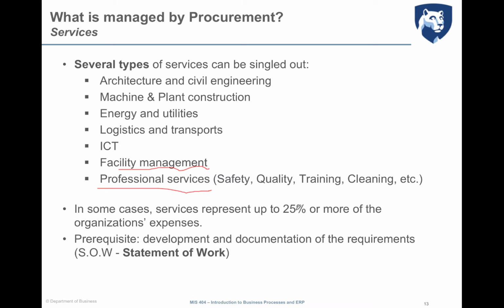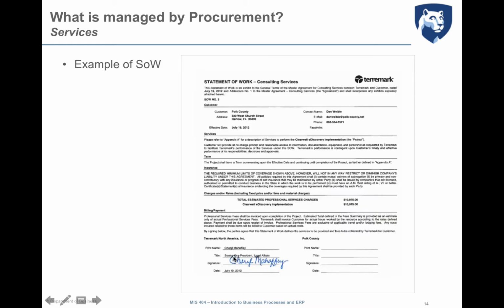In some cases, services represent up to 25% or more of the organization's expenses, and in companies, the statement of work is the template, the document that helps to define the service scope and the service characteristics. Here you see an example of a statement of work. For example, this is for a consulting service. The company has this template, and whenever